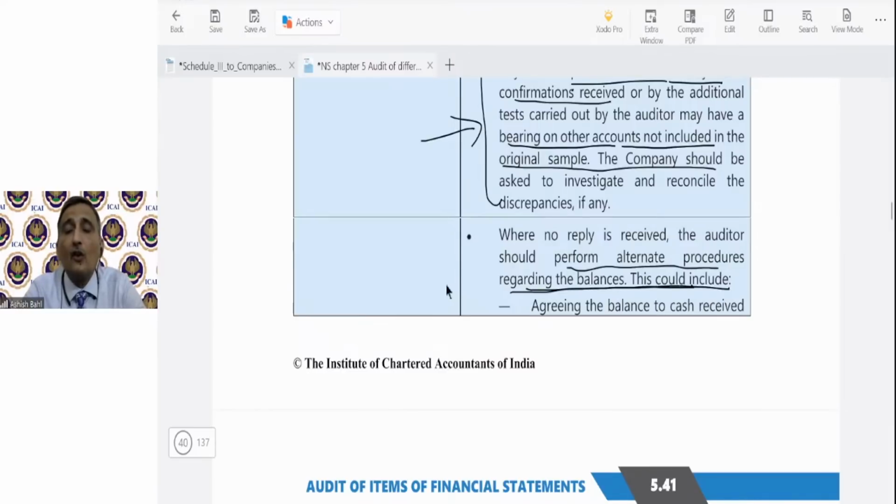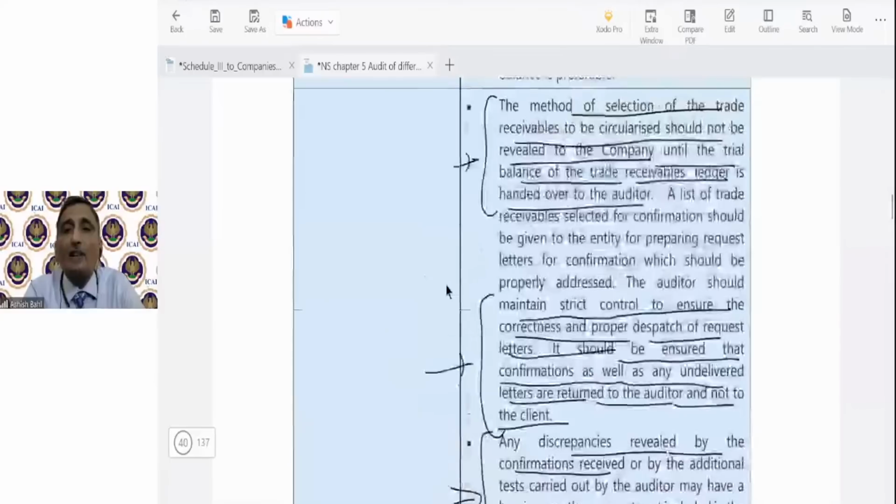So alternate audit procedures क्या हो सकते हैं students? अगर किसी पार्टी का मेरे को कोई रिस्पॉन्स ही नहीं आया, सो एक तो क्वेश्चन मेरे दिमाग में आएगा कि क्या ये बैलेंस फेक है, रिस्पॉन्स ही नहीं आया, या लेटर अनडिलीवर्ड हो गई। लेकिन सपोज किसी जेन्युइन वजह से भी रिस्पॉन्स नहीं आ सकता, पार्टी ने डिडंट केयर टू रिस्पॉन्ड टू द ऑडिटर, और पार्टी हैव